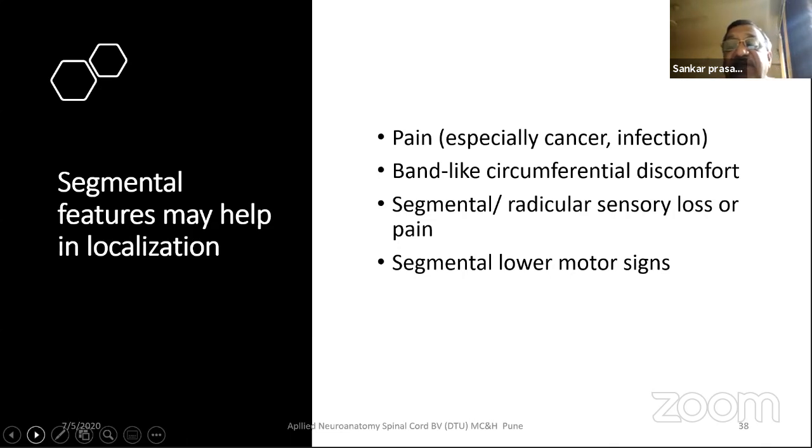And a band-like circumferential discomfort again suggests that it's a spinal cord pathology. And as I already said, there may be a sensory loss of pain at the level of the lesions in the spinal cord. There will be LMN signs as well as a sensory level, but the sensory level can be a false localization because of the crossing of fibers. The sensory abnormality, if it is at T6, the pathology can be anywhere above T6. So the dictum is that if you have a sensory level, you have to scan the whole of the spine above the sensory level, and at that level you will have lower motor neuron signs, and below that you